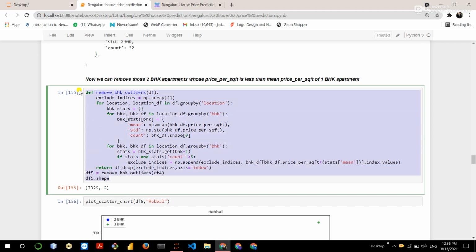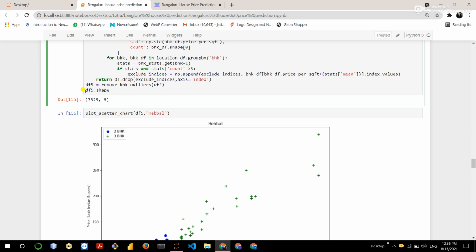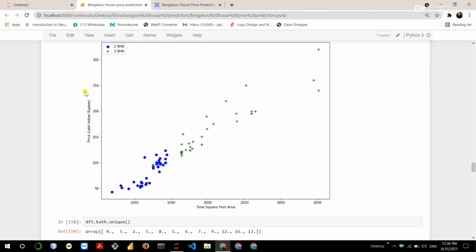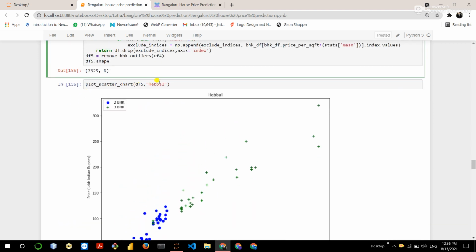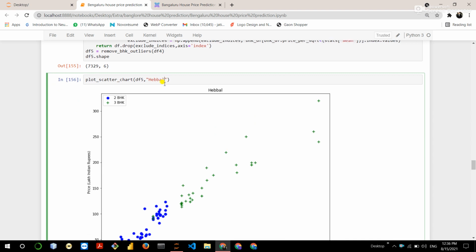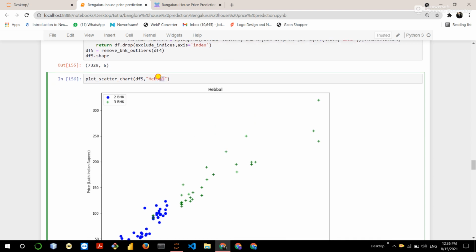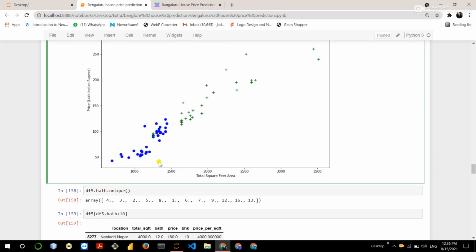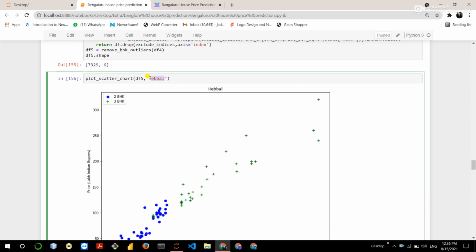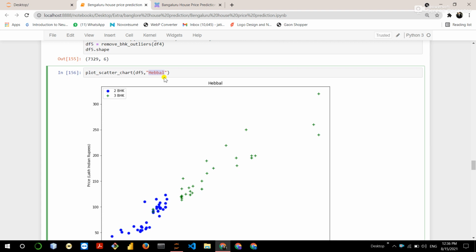Just try to understand this function. If you have any doubt, please comment below. Then again plot the location, again plot the Hebbal location. Now you can also visualize the Rajaji Nagar location.